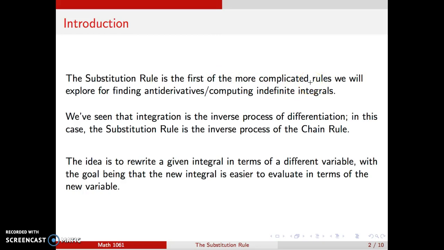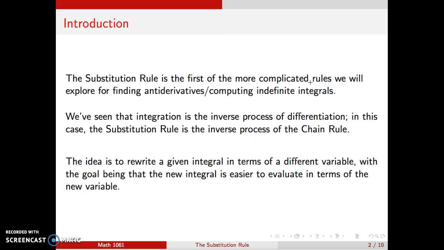rules that we'll explore for finding antiderivatives and computing indefinite integrals. So far we basically just have our standard basic rules that we had for differentiation, reversed. You had a rule, the derivative of tangent is secant squared, so that means an antiderivative of secant squared is tangent. So we're very limited in what we can handle, more than what we would be able to do just using the definition, but it's still very limited. This is a technique that's going to